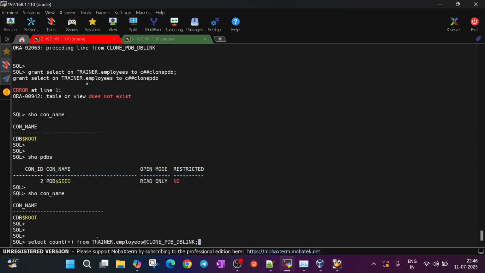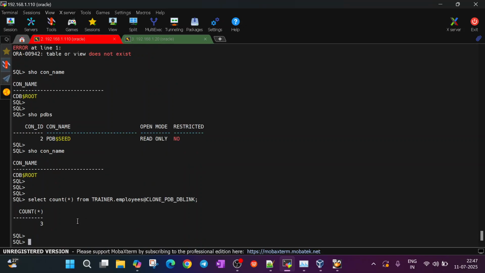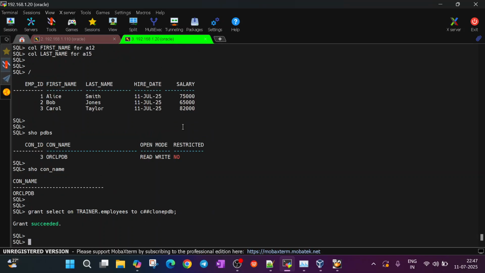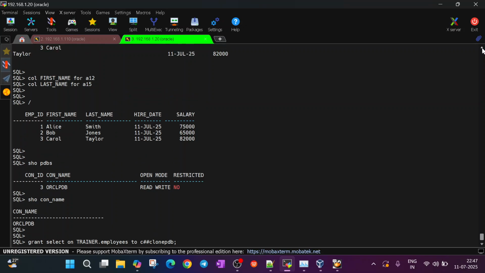If I run this select count star from the table at the DB link, this DB link will definitely connect to the source PDB via the common user and password, and in that source PDB we have given this common user grant select on this particular table. So definitely it should work now. See, the count is matching. We are getting the count of 3, and also we can run